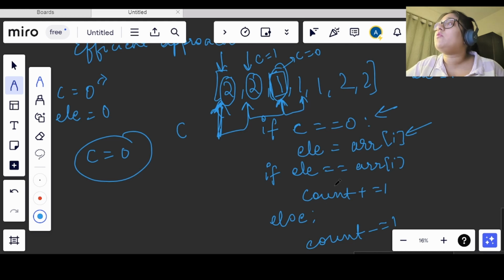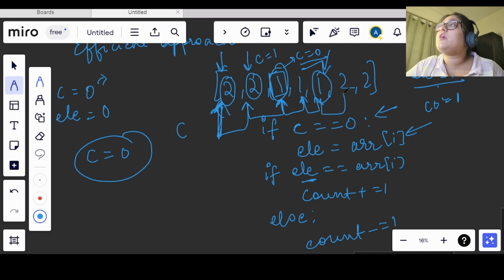After moving forward from this, we will see that again 1 is there, right? So this element will become equal to this ARR of I. So now our count will increase from 0 to 1 again. So count will again become 1 here.